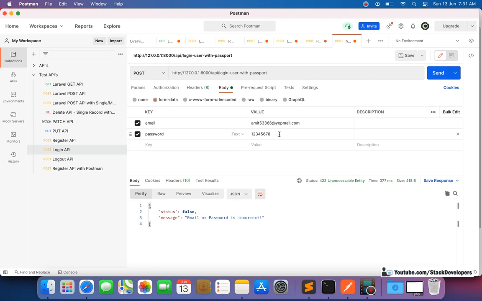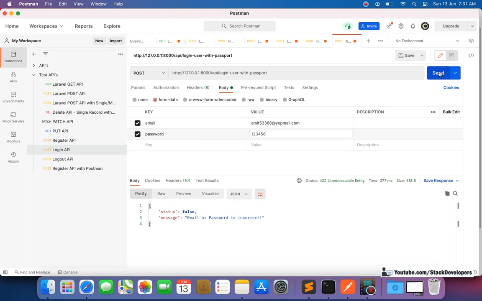Now we are going to use the correct one. Okay, so we are going to see that we are able to generate the authorization token, and we are able to get the success response. See, based on the success response, our Android developer or iPhone developer, meaning the front end developer, is going to show it to the user or log the user in the app, so that the user will reach the home page or dashboard.